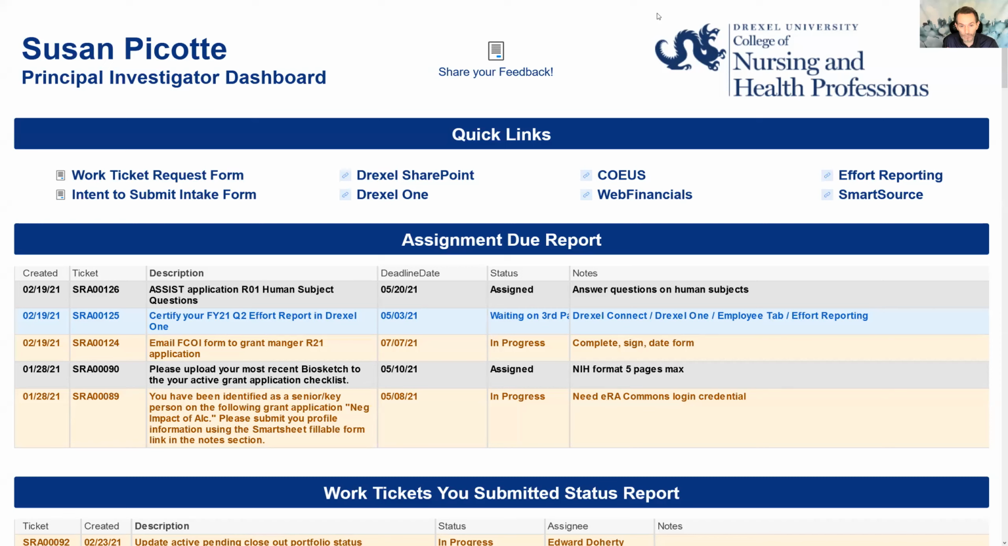Today's presentation is focused on a tour of a Principal Investigator Research Administration dashboard. Some of you may have received an email from the grant support team in the College of Nursing and Health Professions alerting you to the fact that you have a Principal Investigator Administration dashboard. In this presentation, we're going to take a look at the different areas of this dashboard and some of the benefits to you as a faculty member and an investigator to help you manage your administration aspect of your research